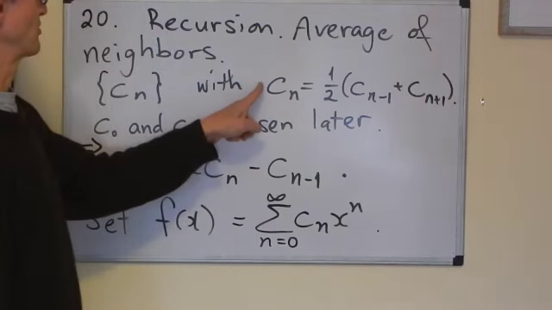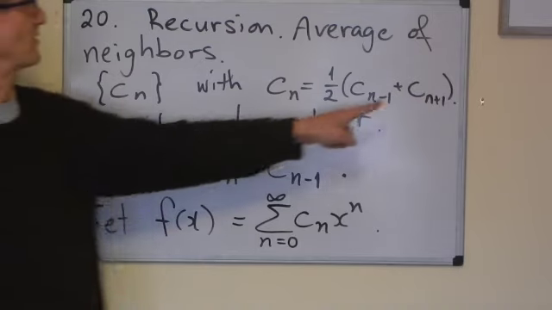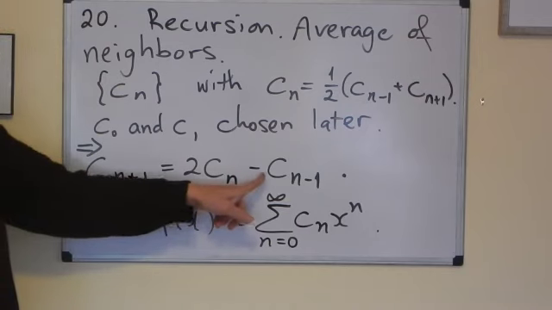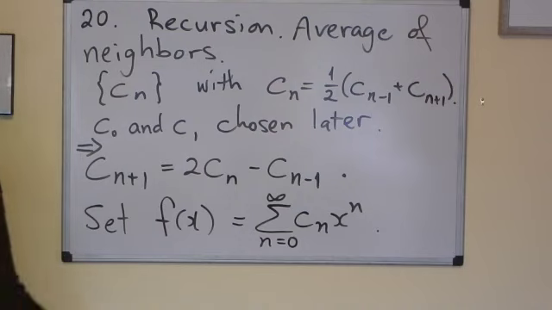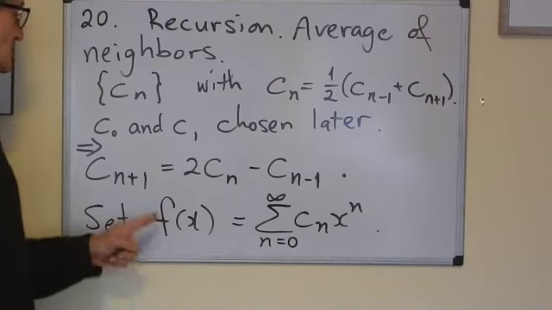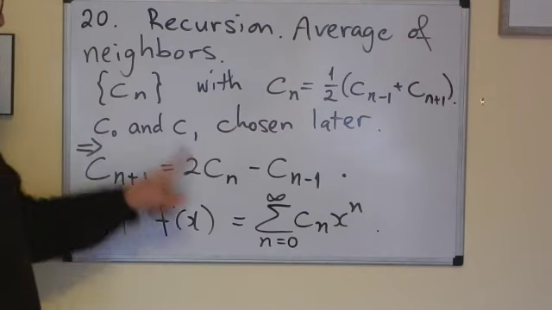So let's look at this. That gives us this. This implies this recursion relationship. If I solve this for Cn plus 1, multiplying both sides by 2, and subtracting Cn minus 1, I get this. And the idea about using series to figure out this recursion relationship is to create a function out of this sequence of coefficients